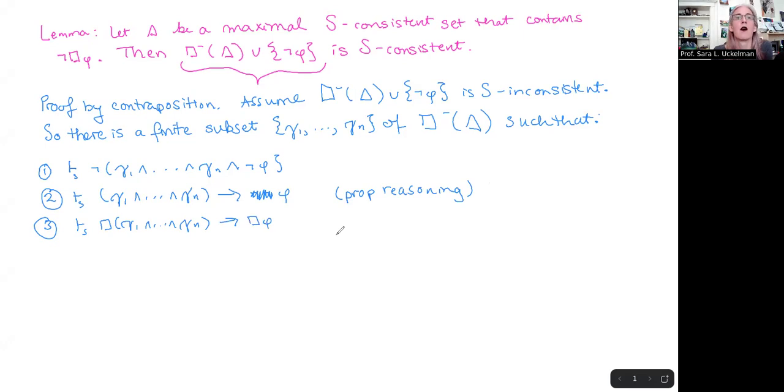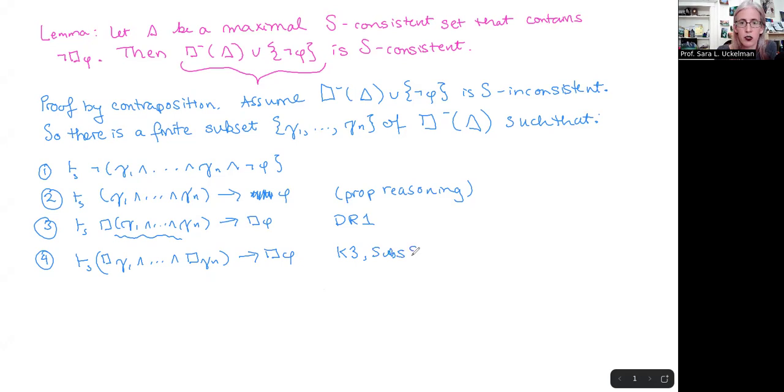normal modal logic. We can stick boxes on the antecedent and the consequence of this. Then again, by the fact that all of these systems that we are looking at are extensions of K, we can distribute the boxes over the antecedent there so that we've got, if all of the gamma 1 to gamma n are individually necessary, then phi is also going to be necessary. So this is from, oh, it's some theorem that we had a very long time ago, along with the substitution of